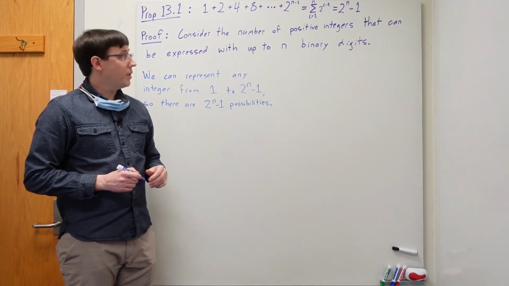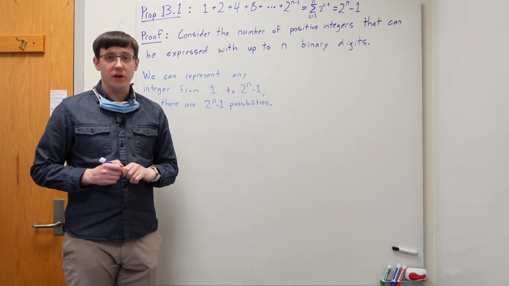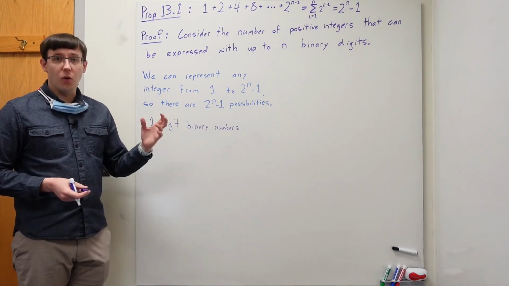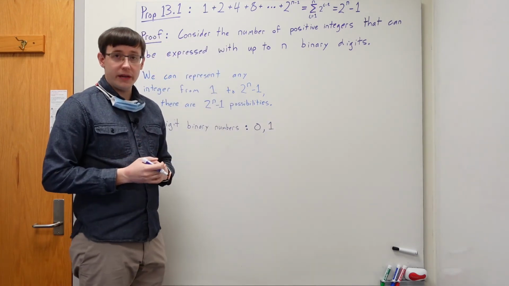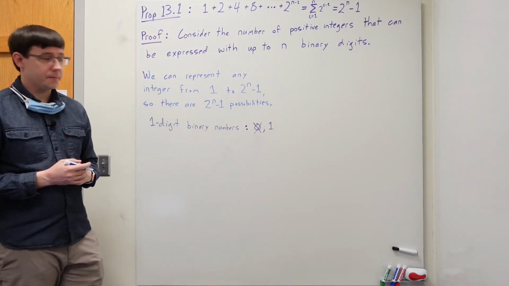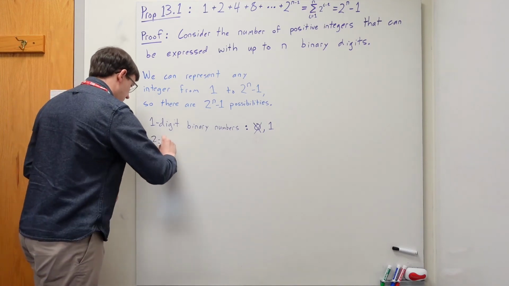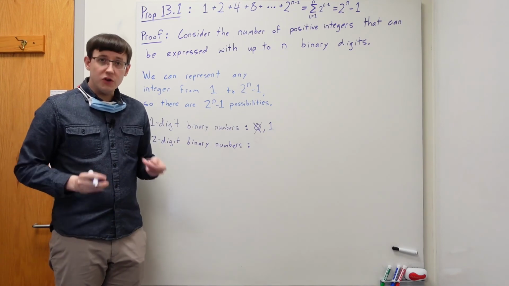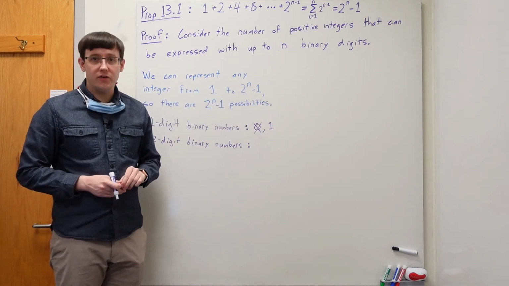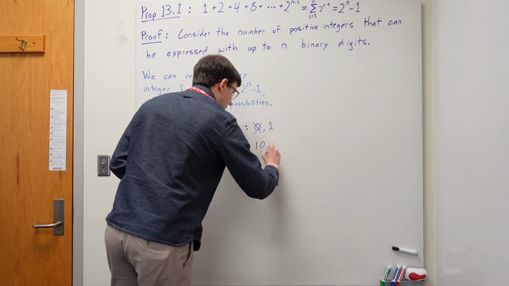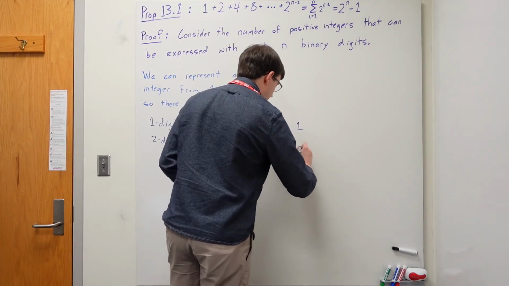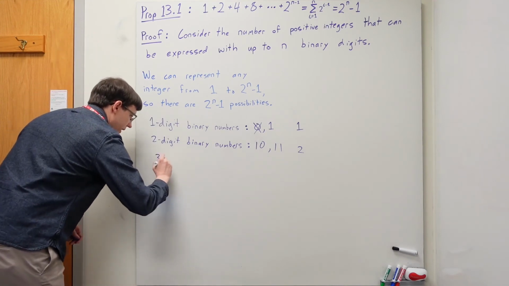So first of all, how many positive integers can we represent with one binary digit? Well, with one digit, we can represent either 0 or 1. And since we're only interested in positive numbers, we throw out the 0, and so there's only one option. If we think about two-digit binary numbers, well, to get a two-digit number, we can't start with a 0 because that would be equivalent to one of the one-digit numbers. So we have 1, 0, and we have 1, 1. So here we had one possibility. Here we have two possibilities